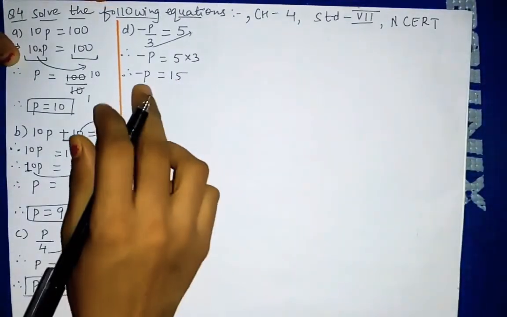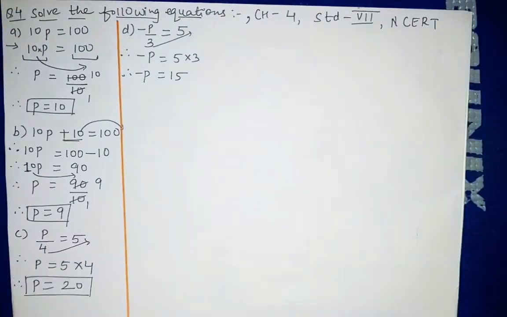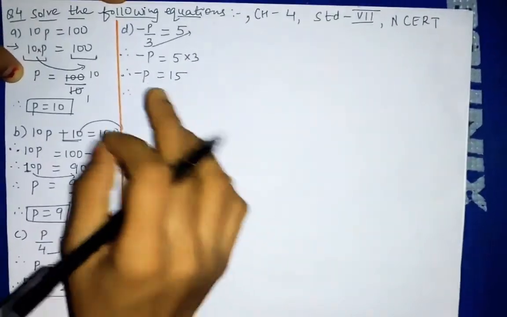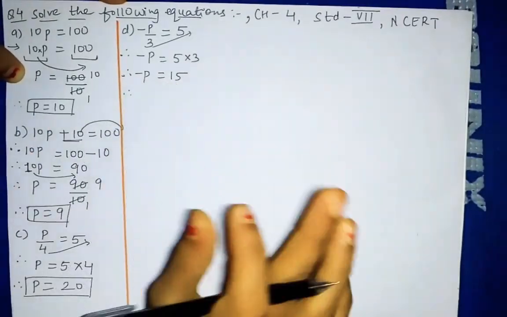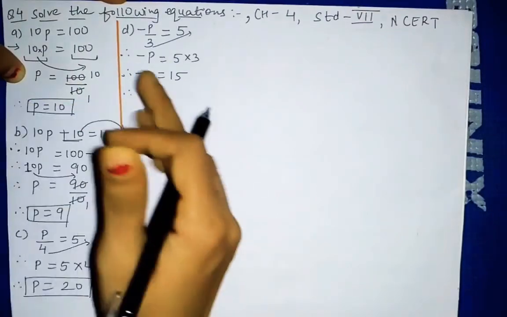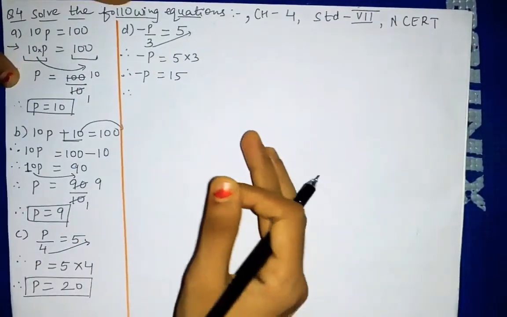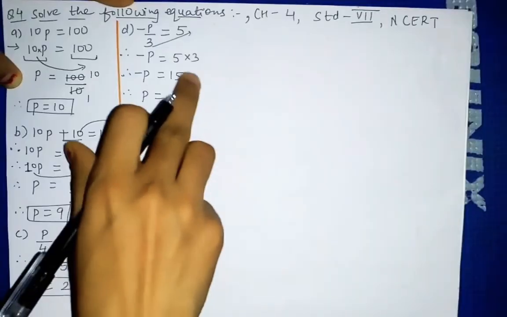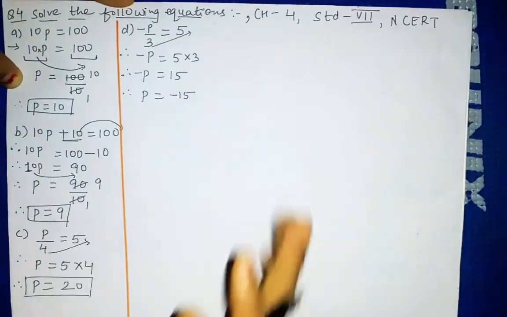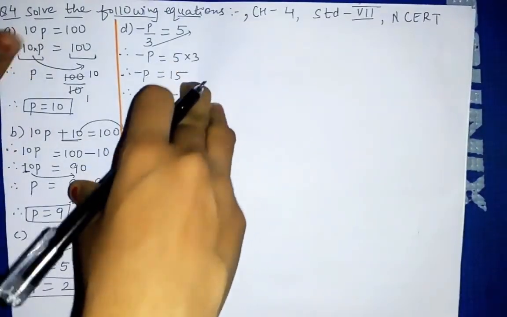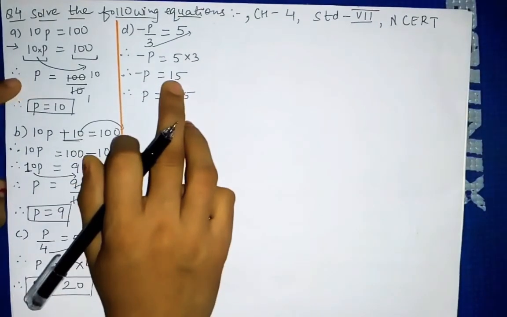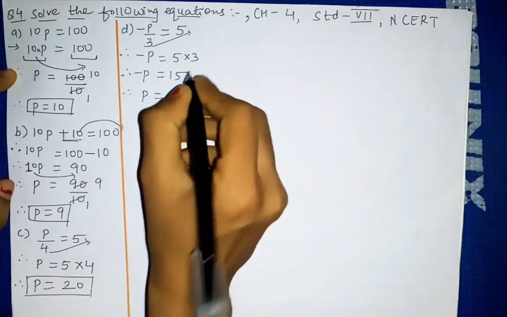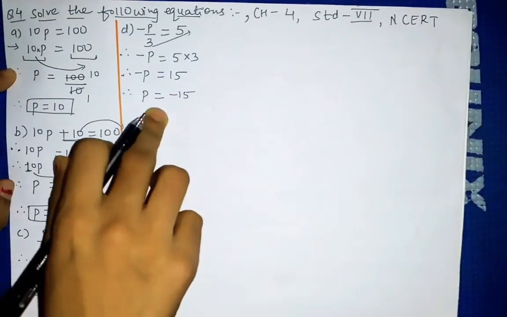Now we want the value of p, not minus p. Variable is p. So what you can do is, you got minus p equal to 15 and we want only p. So you can multiply both sides by minus. So here minus into minus will become plus, so this minus will get removed. Or you can directly write it this way. This minus which is here, we can write it with this number. So p equal to minus 15. So this is the same. If only the variable is left and here only one term is there, minus p equal to 15, then this minus you can keep with this number. So p equal to minus 15.